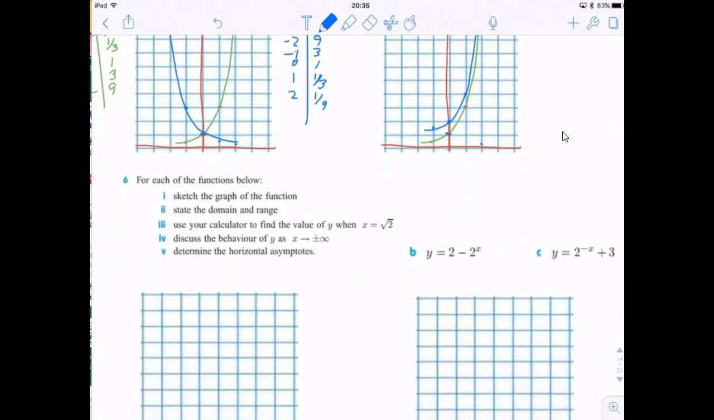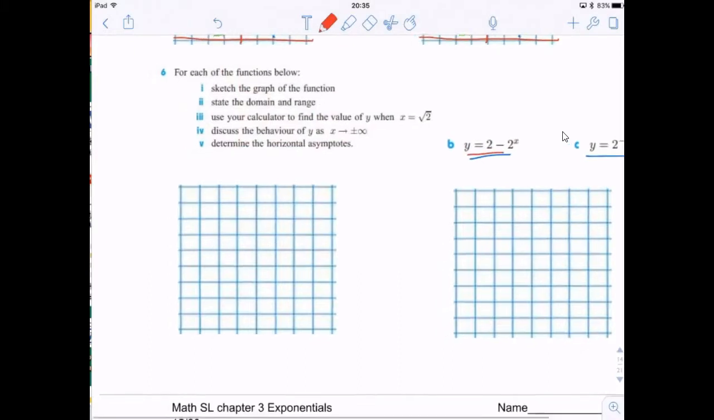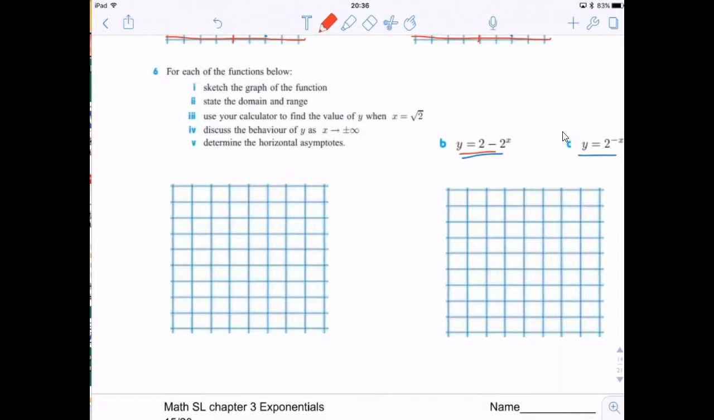All right. 6. For each of the functions below, which are these two, sketch the graph of the function, state the domain and range, use your calculator to find the value of y when x equals the square root of 2, discuss the behavior of y as x goes to plus or minus infinity, and determine the horizontal asymptotes. Okay, so first we'll do this function, 2 minus 2 to the x. I'm going to make an xy table, and I'm going to graph -2, -1,